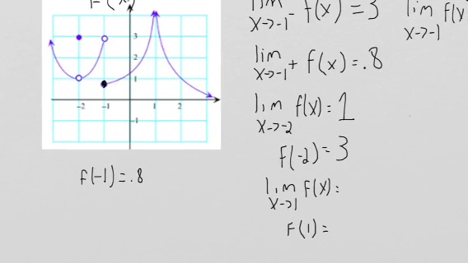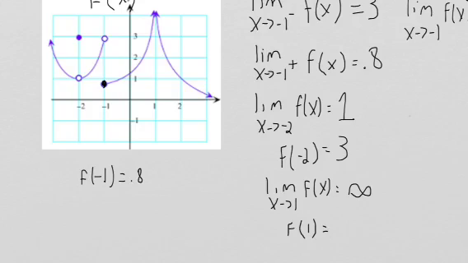Okay. Limit as x approaches 1. Okay, so let's look at x equals 1. Let's see what happens to our outputs. As x approaches 1 from the right, we're going to infinity. As x approaches 1 from the left, we're going to infinity. So what we're going to say is our limit is quote-unquote equal to infinity. All that means is that our output is going to get bigger and bigger without bound. Obviously, infinity is not an actual number, so we can't technically say equals infinity. But what this means is that we're going to just approach infinity as we get closer and closer to that